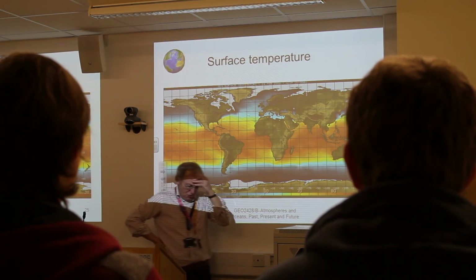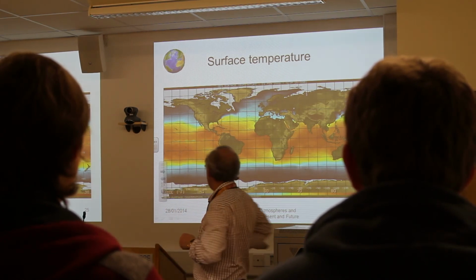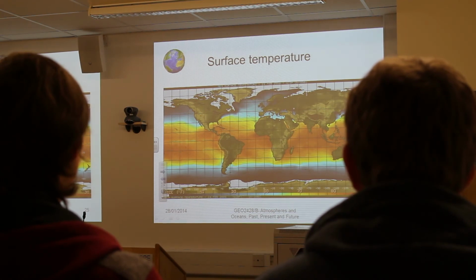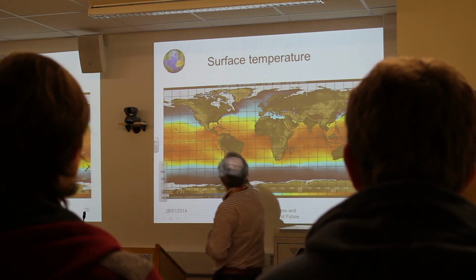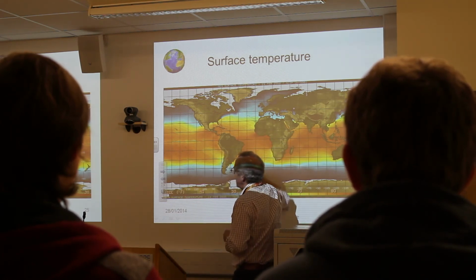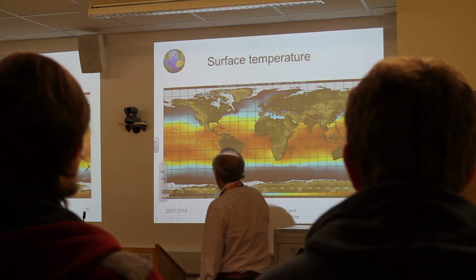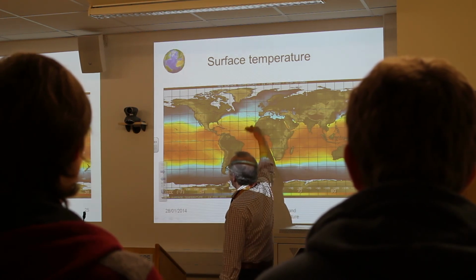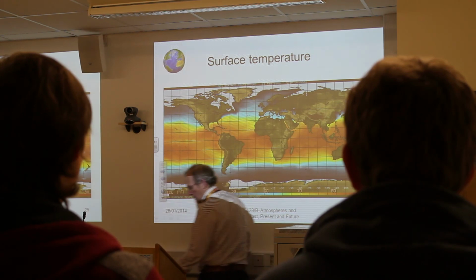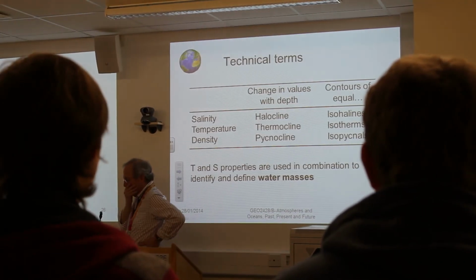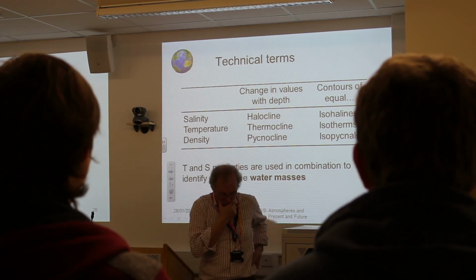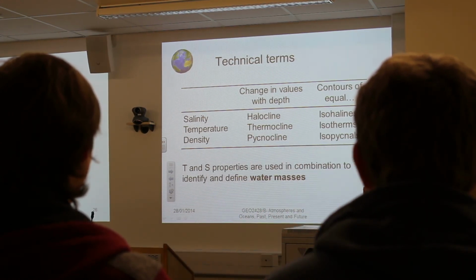Surface temperature of the oceans is more straightforward and seems to basically be generalized as you might expect. You get variability, but you do get quite a sort of pattern which is latitudinally affected. But of course that's a generalization, it varies, and you begin to see some patterns within that, as we'll see as we go through. So a few technical terms before we look at water masses. Salinity, changing values with depth is a halocline, equal values isohalines. Temperature,